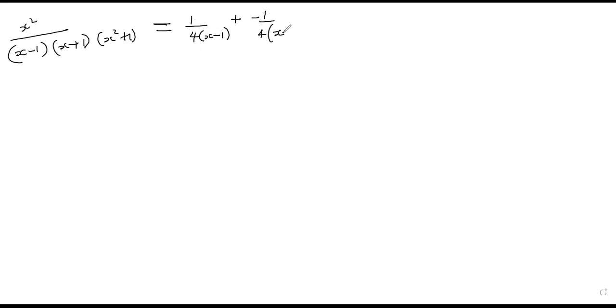So our expression, x squared out of x minus 1, x plus 1, x squared plus 1 has become A. We got A as a quarter of x minus 1, then B, which is negative a quarter of x plus 1, then